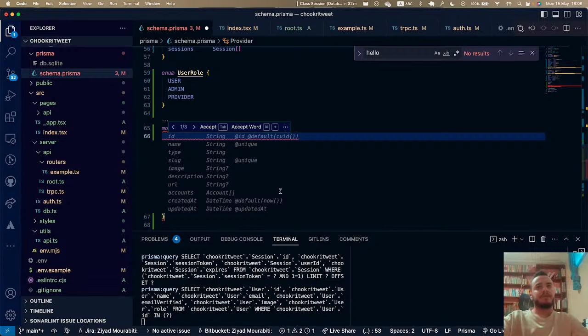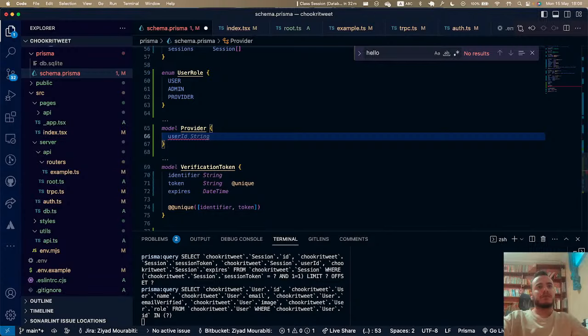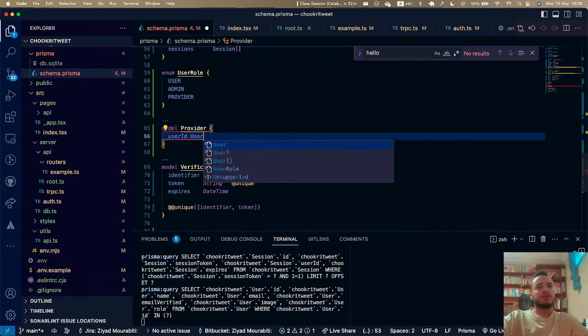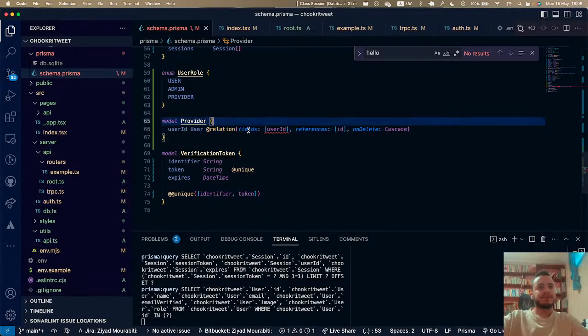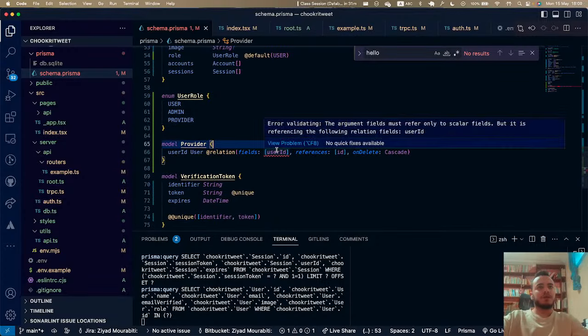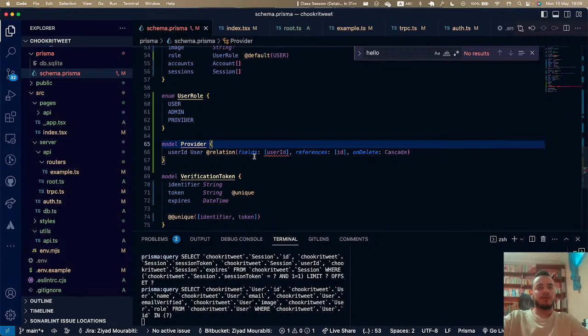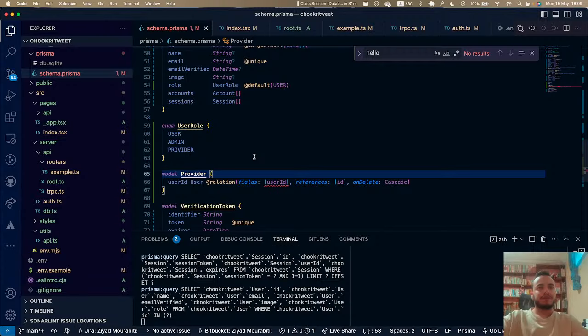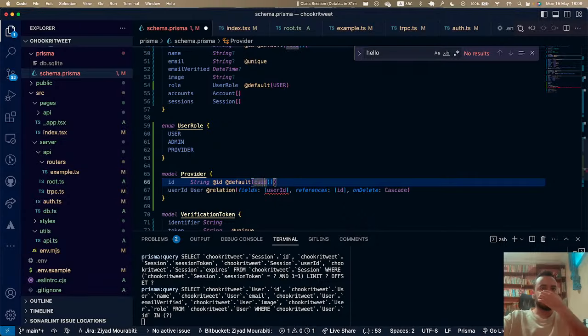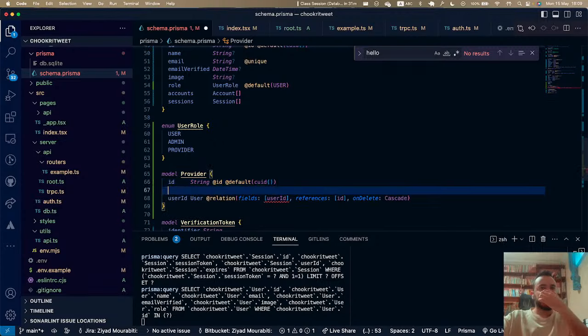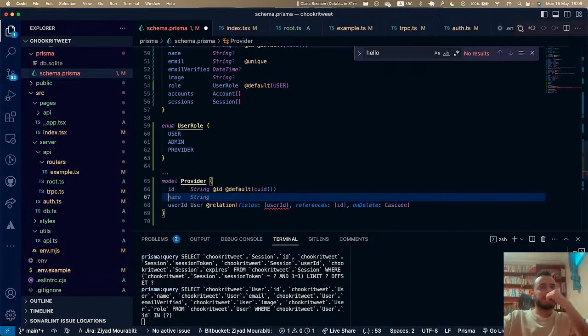Yeah, user ID, user. Okay. And so the provider would have, yeah, we'll look at that later. But yes, the provider would have an ID, primary key, and the default would be this ID right here. And I don't think I need to have a name. Yeah, we haven't discussed that the provider can provide